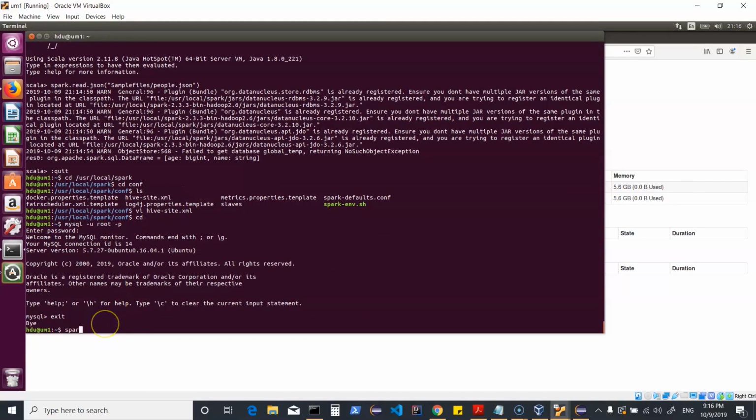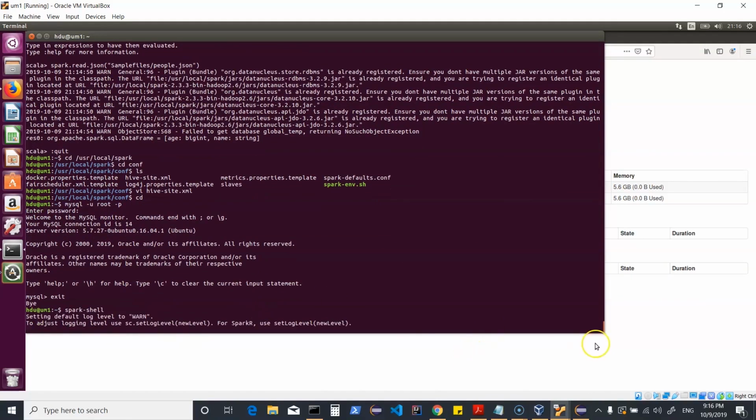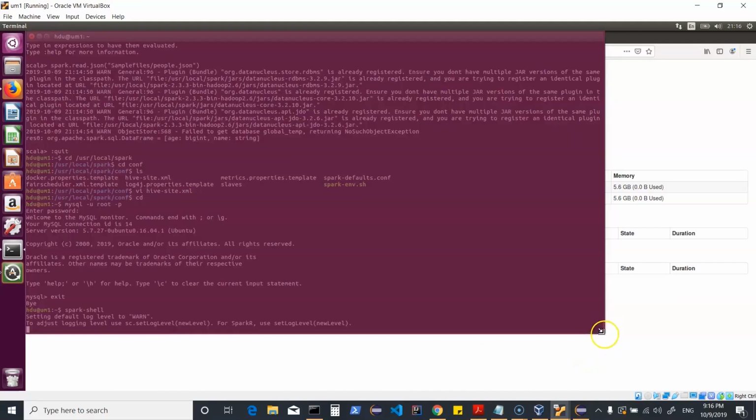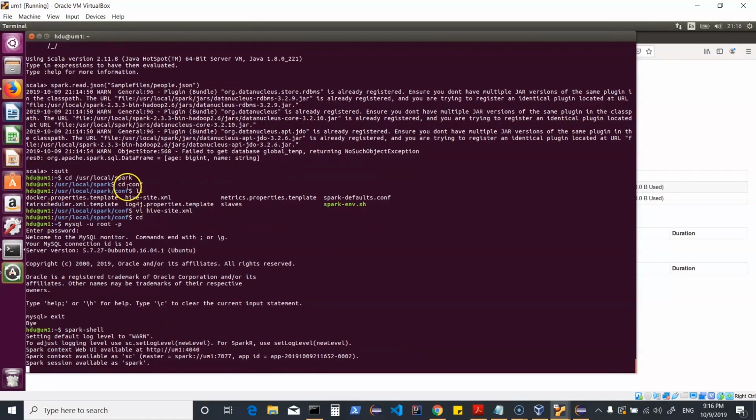So now I will start my Spark shell again here, which should bring up your Spark context and also your Spark session. It will basically interact with Spark master, which is running on this machine, as we have given in the conf and in your Spark default conf.